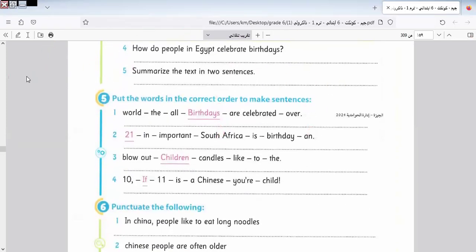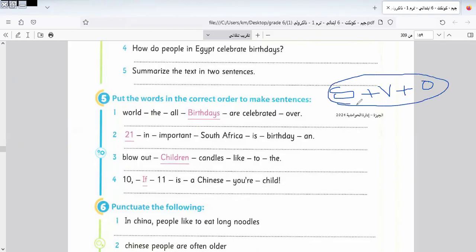Here, in this sentence, we put subject plus verb plus object. This is called a statement sentence. In the question sentence, what can I do? I replace the verb instead of the subject. Let's answer the question first. I will answer two of them to show you how to do it, and I will leave the rest to do by yourself as homework.